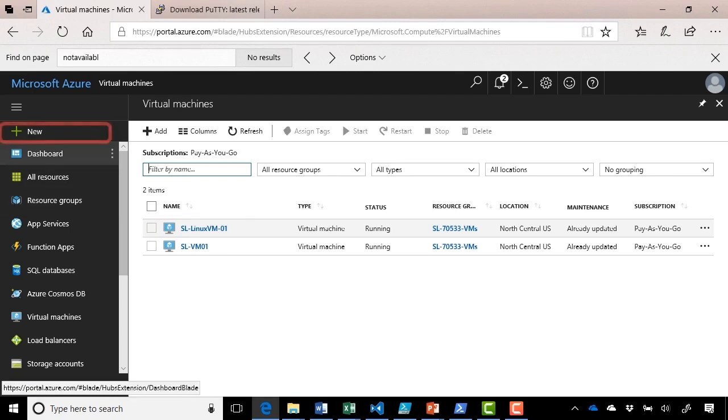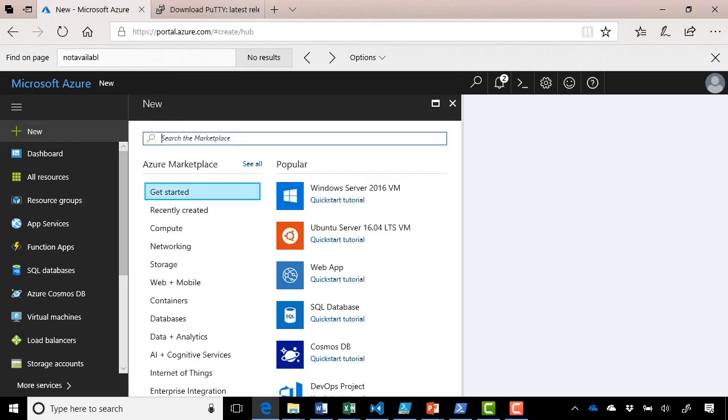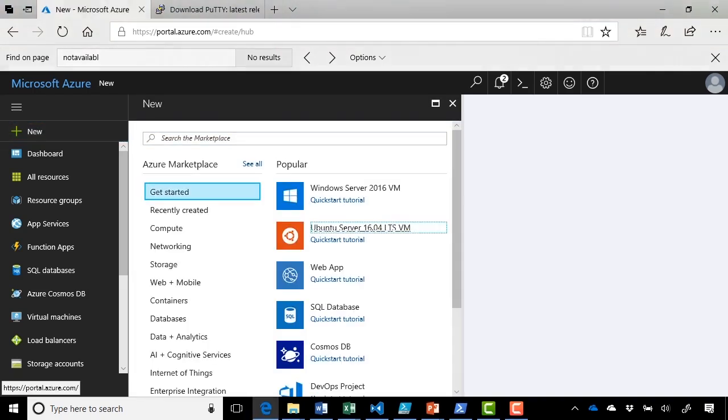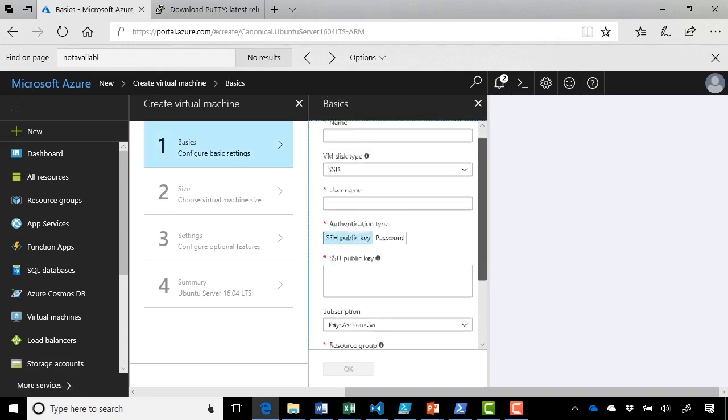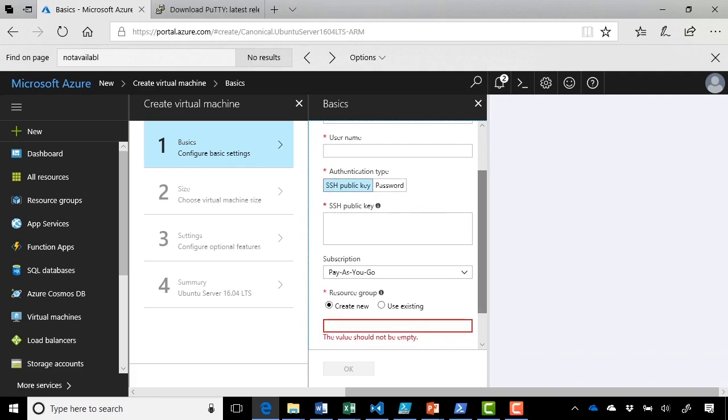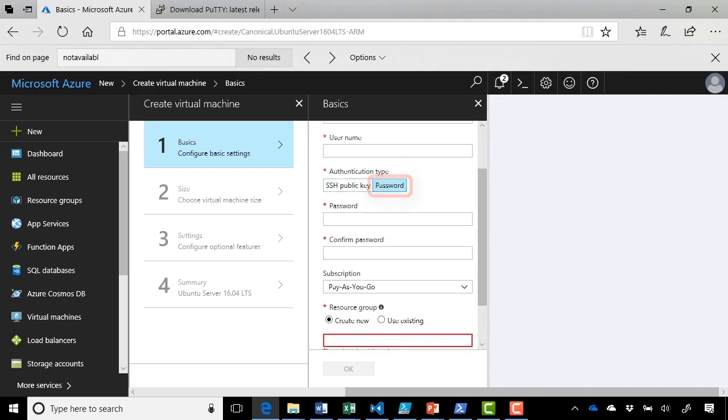So let's go ahead and click New. And now let's select the Ubuntu server here to deploy. Just like Windows, we have to give it a name, VM disk type, etc. But if we look a little bit further down under our username section, we have two authentication types, SSH public key and password. If we decide to, we can create an SSH public key and paste it in here. But in our case, we're going to use a username and password. So if we go in here, select password, type in our username above,